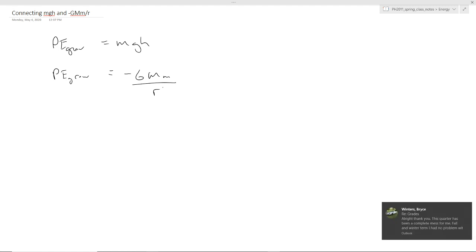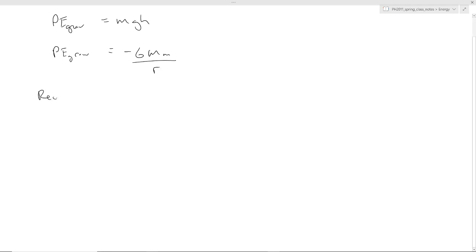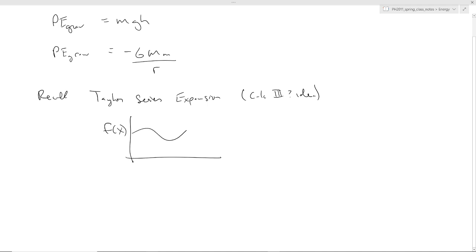So, let's see. Recall a Taylor series. So the idea with this, and I think you see this in Calc 3, is that if you have some function, and you look at it at some point, you can approximate the function around that point using a series expansion. So what that looks like is